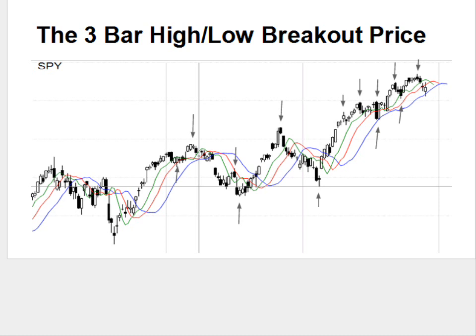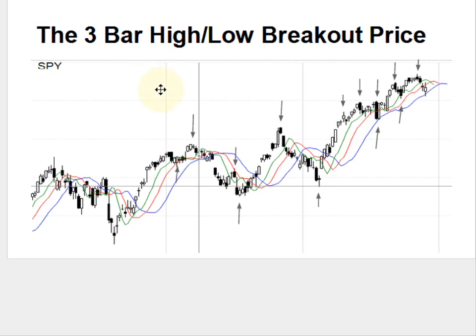Now, an alert is not an entry signal, and not every alert will result in an entry signal. But the alert is the first step. It's the first stage of the entry process. Now, the third element that we have to learn is the